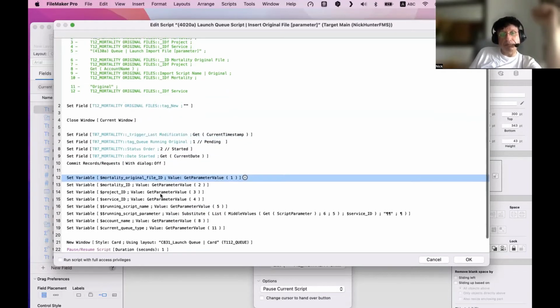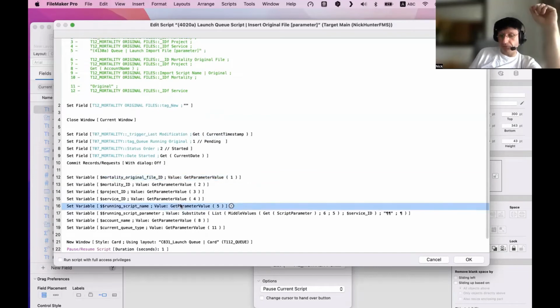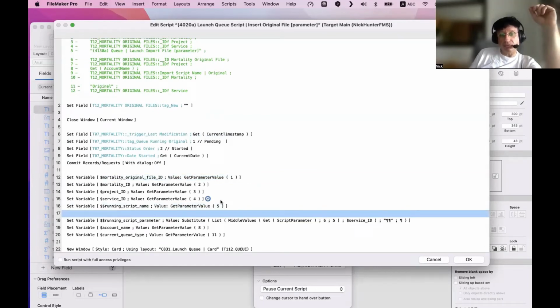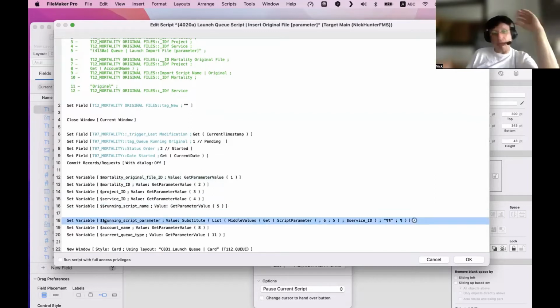So 1, 2, 3, 4, 5. Then here something changed. I want one piece. I want this variable. I wanted a block of five parameters, right? So I want to show you the flexibility of this.